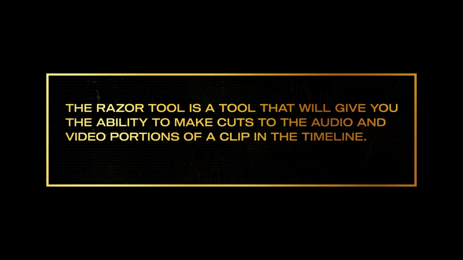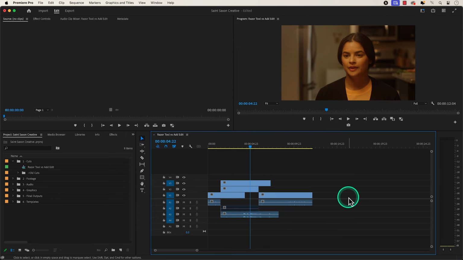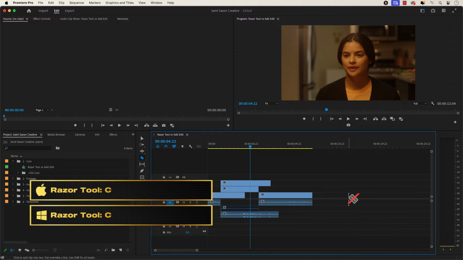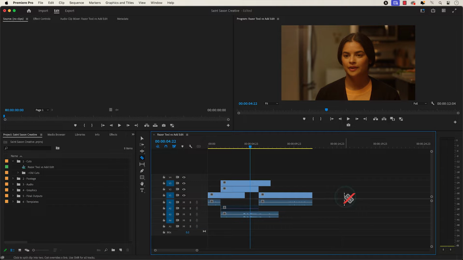The Razor tool in Premiere Pro is a tool that will allow you to make cuts to the audio and video portions of a clip in a timeline. You can activate the Razor tool by pressing the keyboard shortcut C, and this shortcut works for both Mac and Windows computers. Go to the section of the clip that you want to cut and simply click on it to